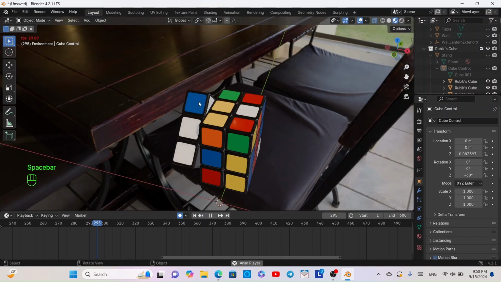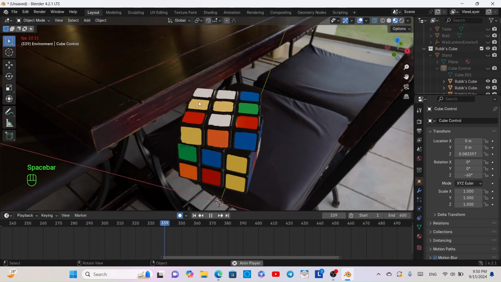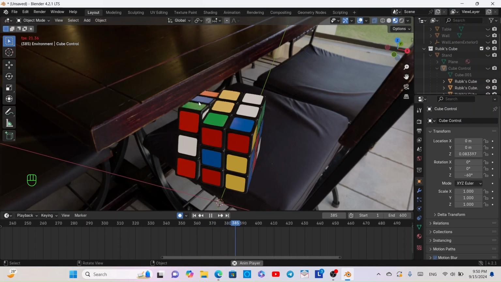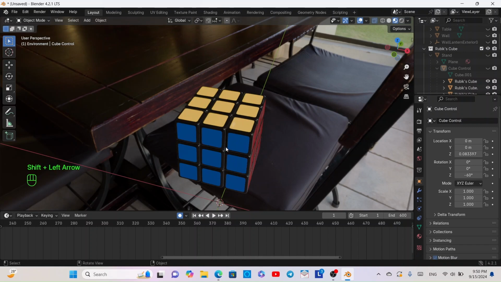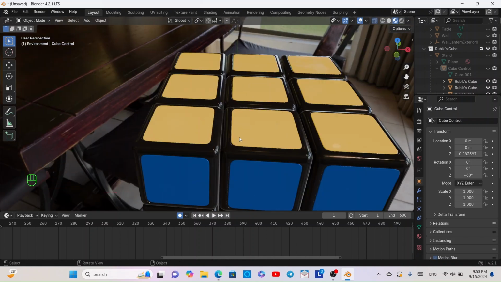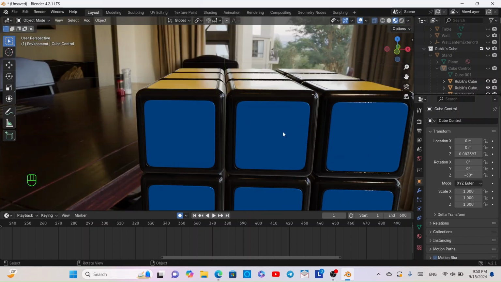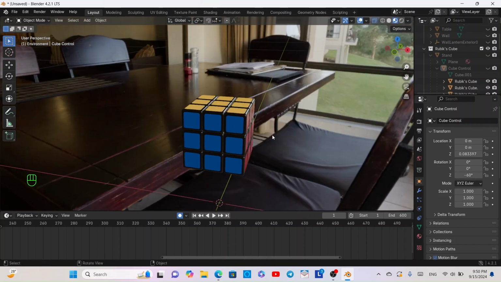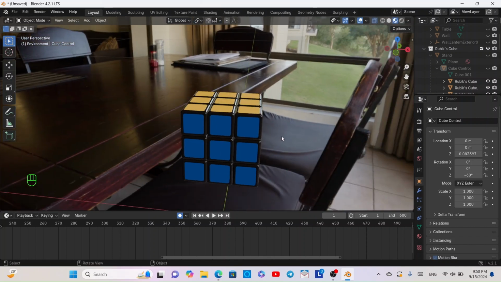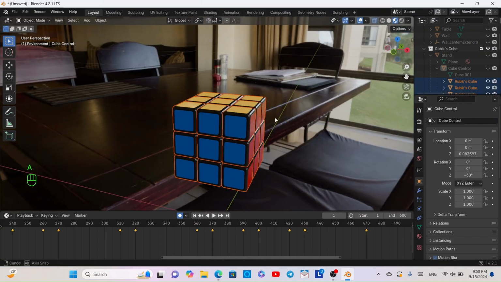Anyway, let's press spacebar to continue the animation to make sure that the animation is moving smoothly. Alright, by the way, if you want to go back to frame 1, just hold down shift and left arrow to go back to frame 1. Now, there is a problem, as you've seen, there are still some colors in between, so we need to fix this problem. What we want to do is we're going to press A to select all the cubes,